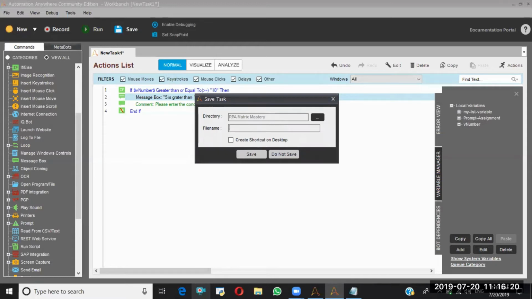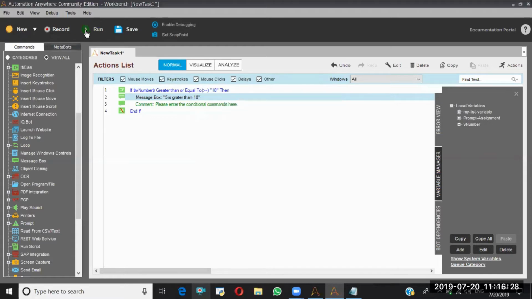Control statements. See, I'm running this. It's executed, but it doesn't print this message box because the given condition is not true.